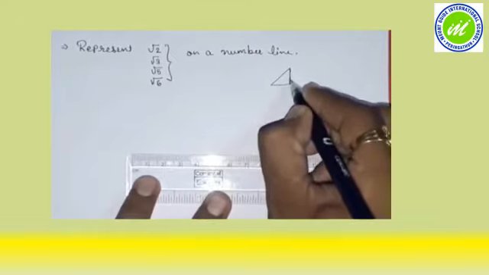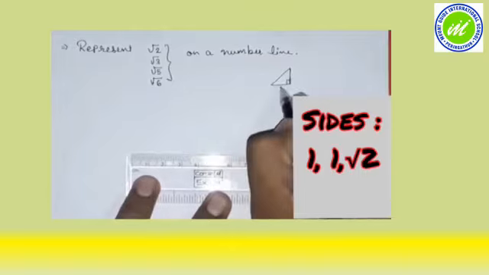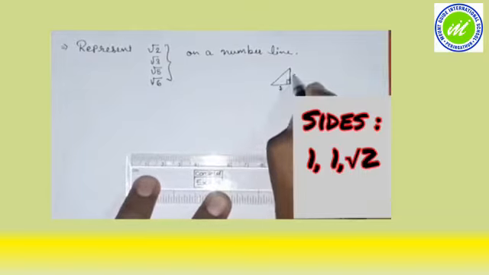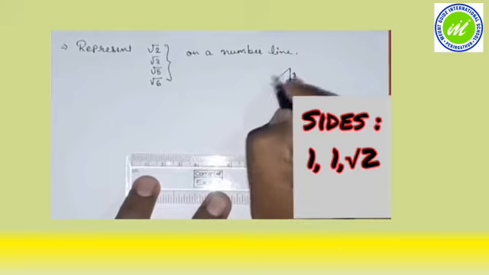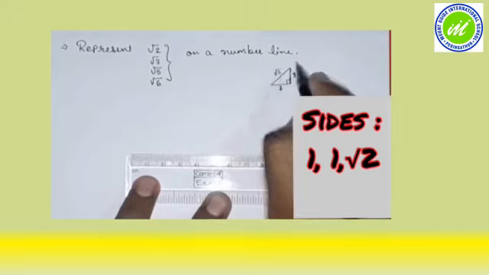We know this is a right angle triangle. And if I take this 1 and 1, this is simple. You have to keep in mind, no trick for that, that if you are taking this one and this one, you can find out this. This will be root 2 by Pythagoras.